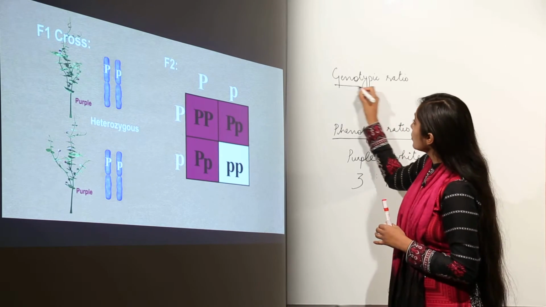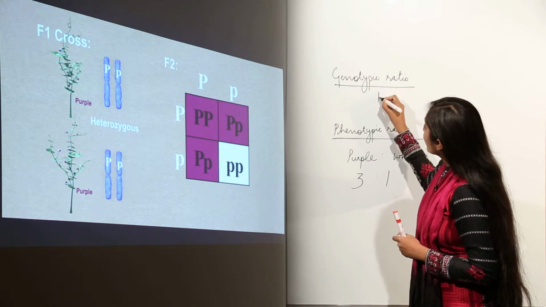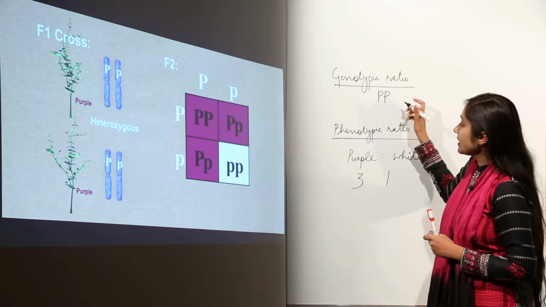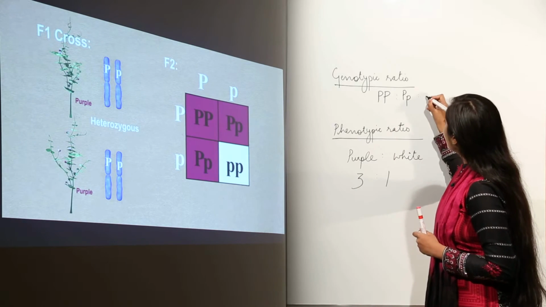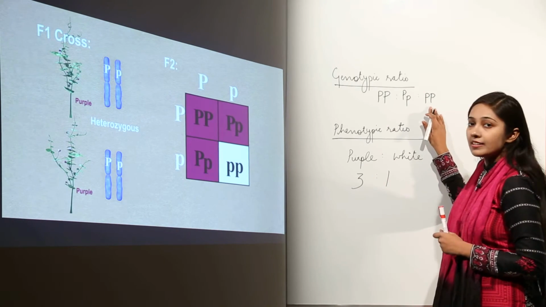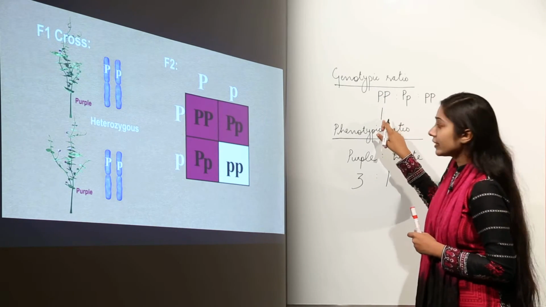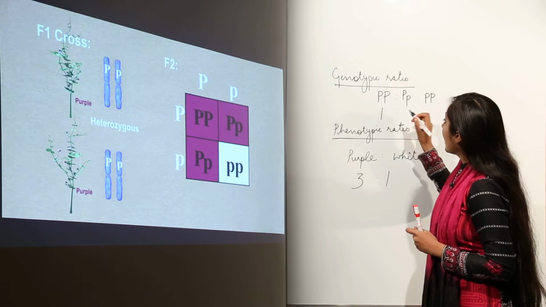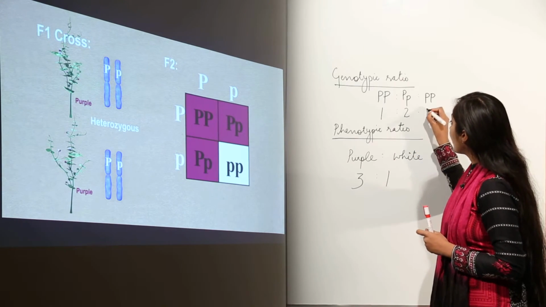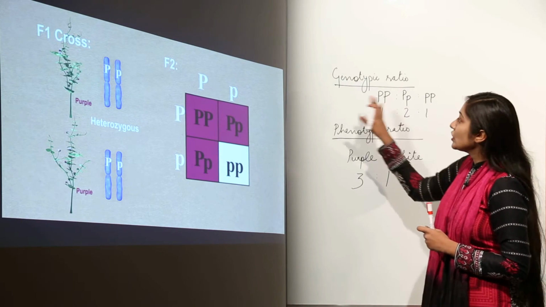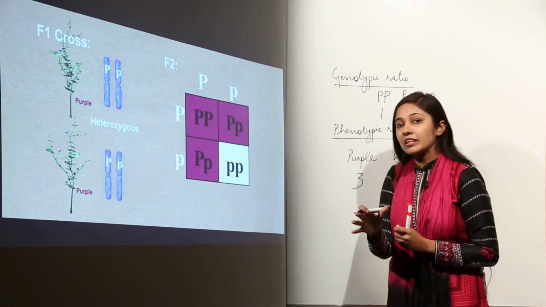But when we talk about the genotypic ratio, what different types of gene combinations do you see? You see, we have homozygous, right? Then we have heterozygous plants with purple flowers, and then we have purely recessive homozygous plants which have white flowers. So, we have 1 plant with this type of gene combination, and we have 2 plants with this type of gene combination, and 1 plant with this type of gene combination. So, genotypic ratio becomes 1:2:1,